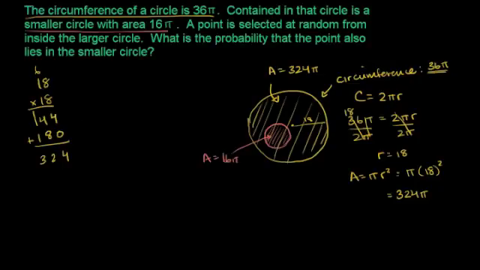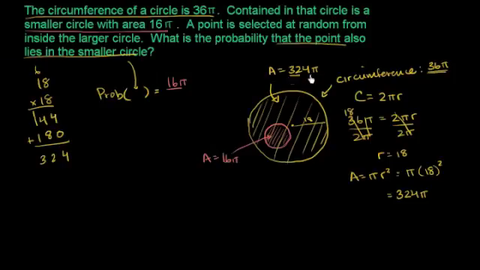So our probability, I'll just write it like this, the probability that the point also lies in the smaller circle is going to be equal to the fraction of the larger circle's area that is the smaller circle's area. So it's going to be 16 pi over